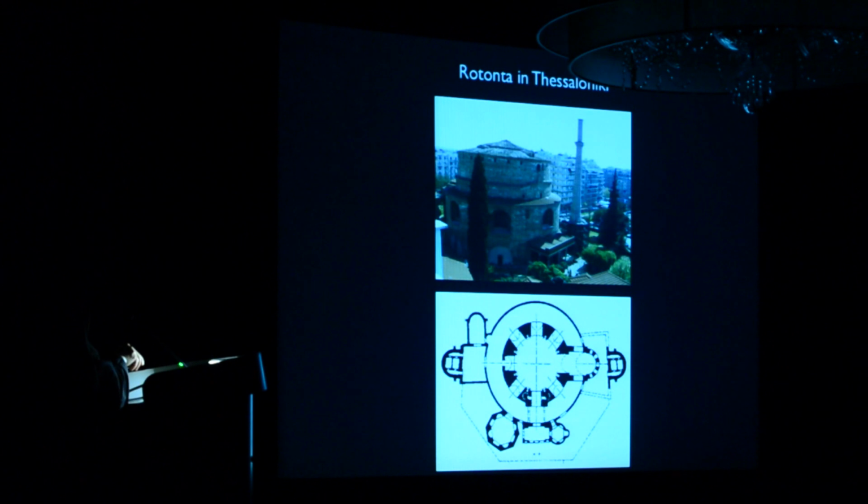This is the downside. You can see the shape of a rotunda. What they did, they added this part for the Holy Order, and this kind of part for the entrance of the church. It's interesting. It was not originally built to be a church, as I said, but it has the advantage that it offers a very significant central area for the people that can see to the Holy Order.